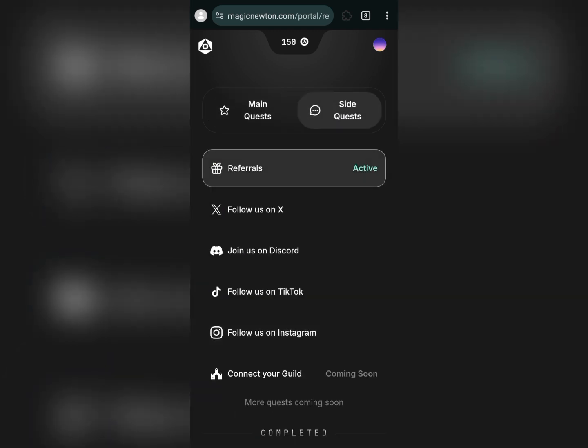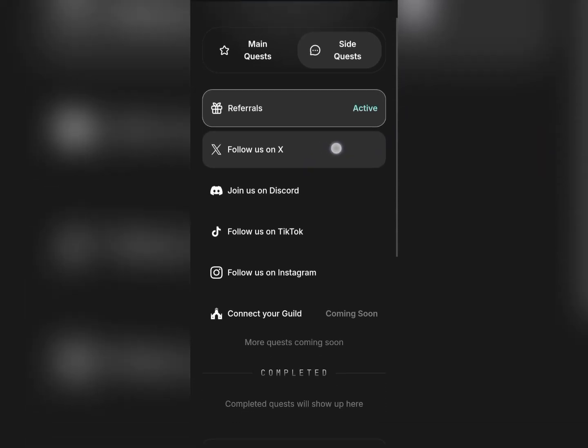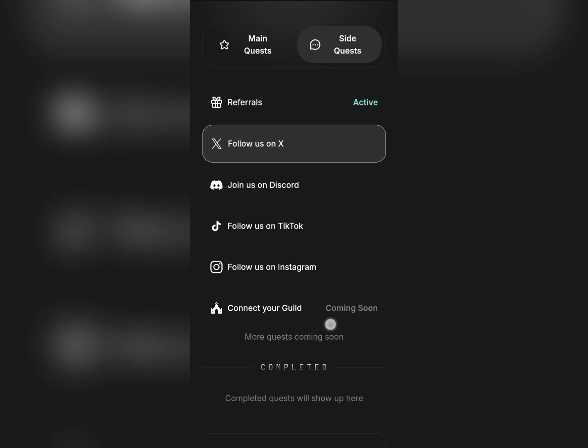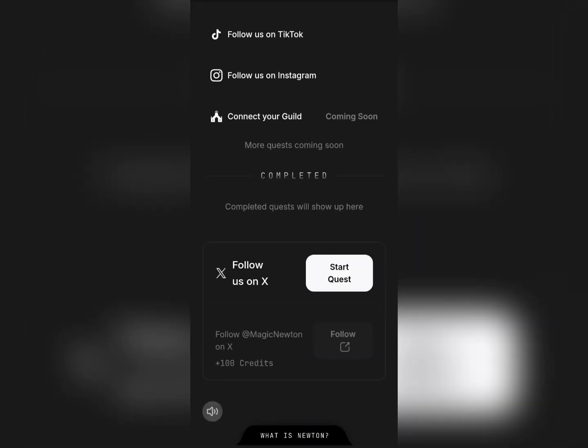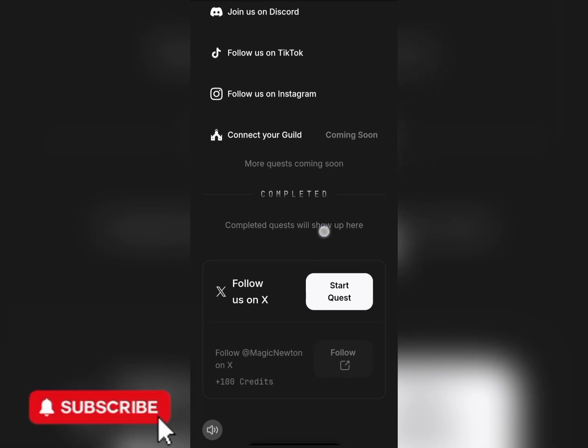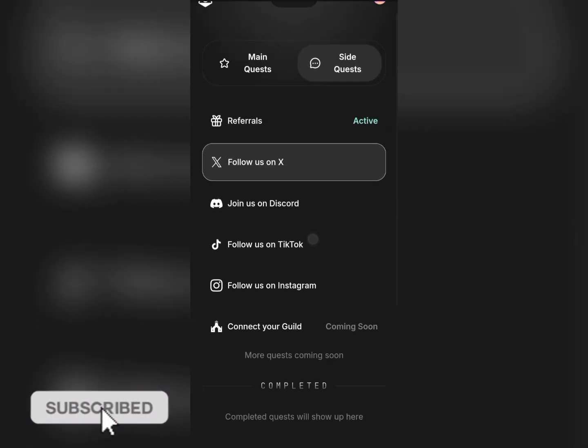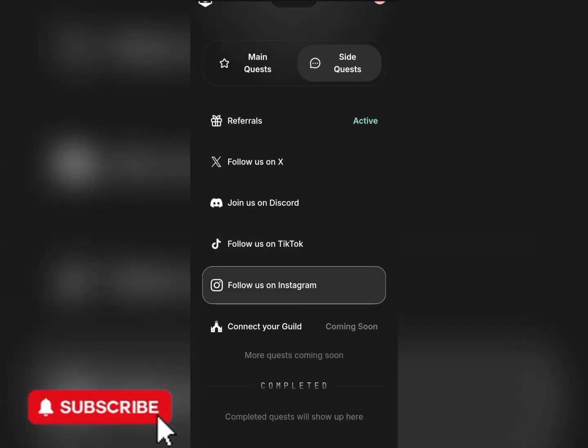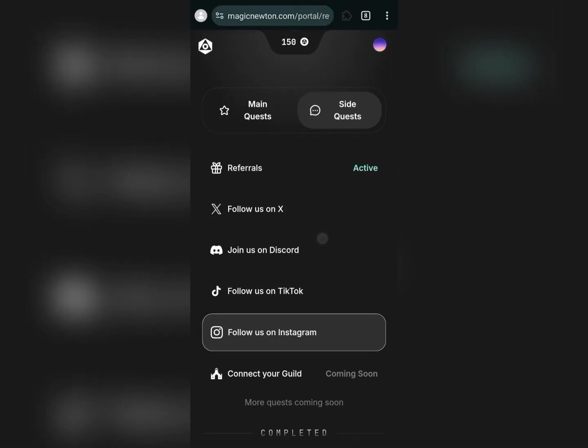For the side quests, the first thing here is the referrals, which is already active because I've already been referred by someone. So it's very important that you come in through a referral so that this will also be active for you. Then you follow them on X. Let's see, X. On X, just follow them. Then you'll be able to claim 100 credits. Also follow on TikTok and on Instagram. Then the guild is still coming. Then for the referrals,